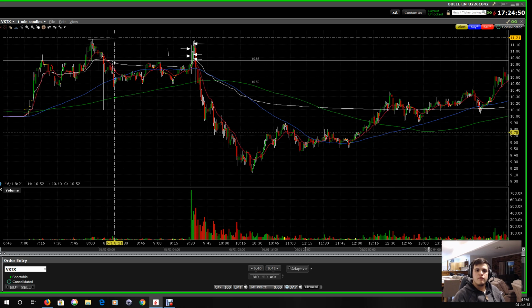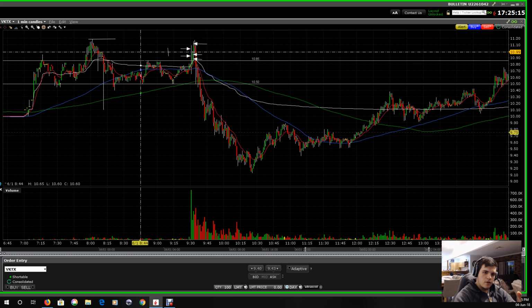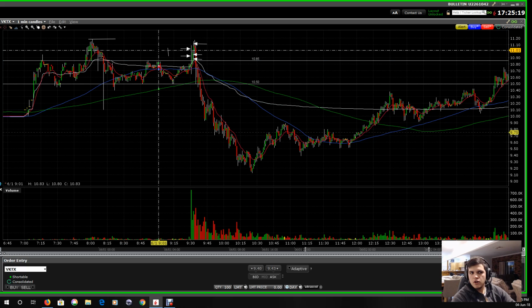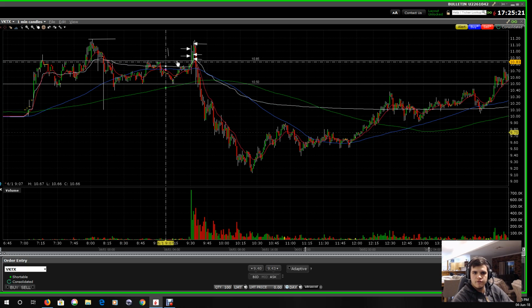And then if the resistance line is broken and you're going short, you'll want to quickly cut your loss, and if the support line is broken when you're going long, you want to quickly stop out of your loss. But I want to go into what happens due to the covering of a losing position if it doesn't go your way. So to make it simpler, this stock that I traded on Friday, so this 1085 line here,